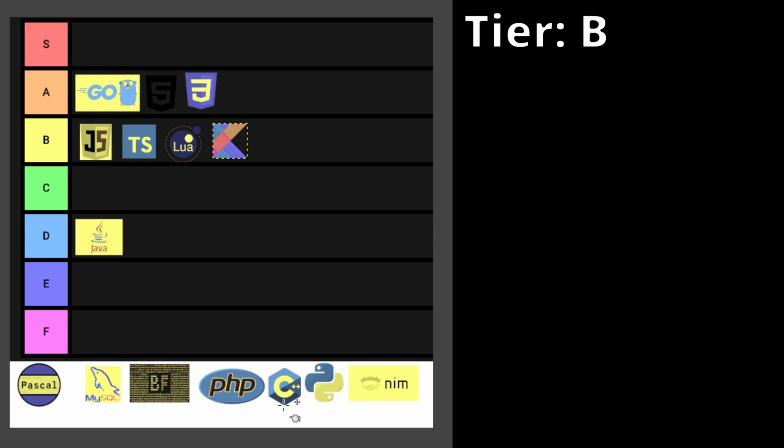But because the syntax is so easy to understand and so close to English, the learning difficulty is much lower because it's like speaking English. So memorizing the basics is easy.